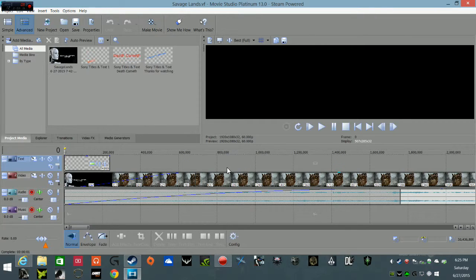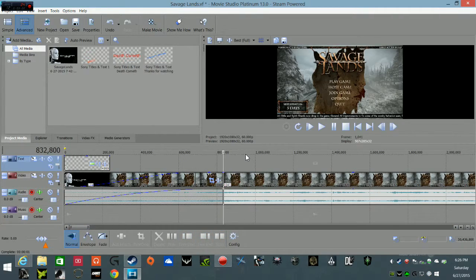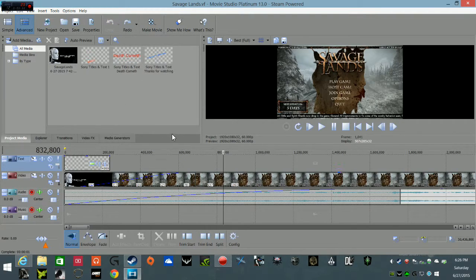Split. So you can bring it here. Say I want to put a split right here. I can go down to split, or I can just hit, I think it's Control S, and that'll split it. So now I can do additional things like transitions and whatever, and I can go up and undo it. But you've got a lot of tools here. Some are hidden. You have to really dive into the